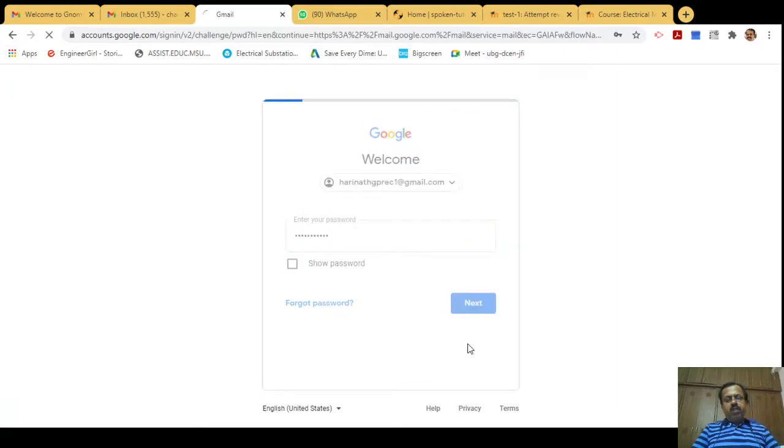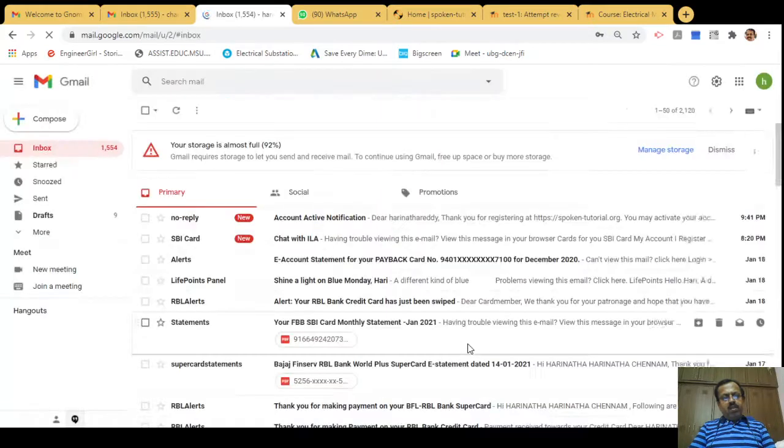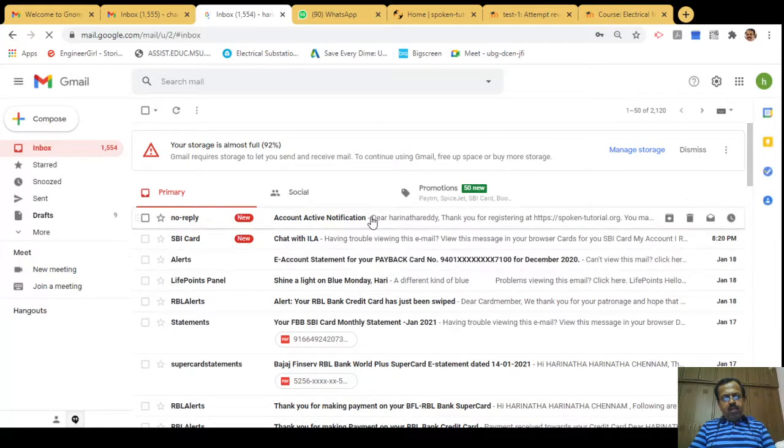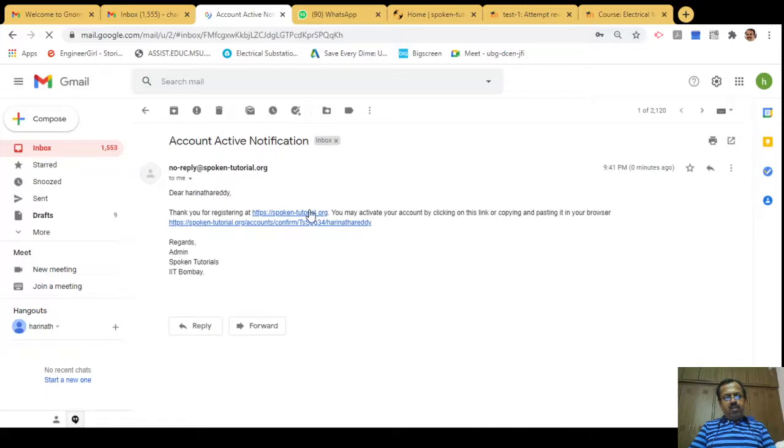I already have a Gmail account, and with my Gmail account credentials I'm logging in and trying to see whether, okay, the account activation link, I got it. So just click on this.